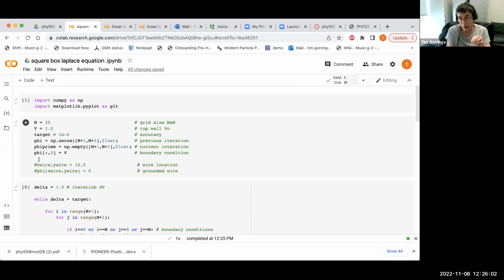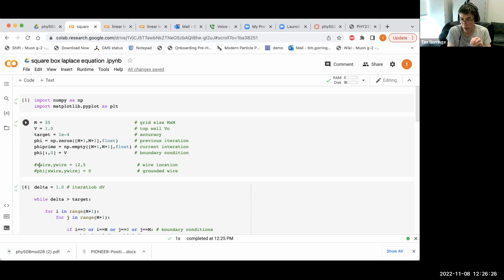That would be a very hard problem. That would be an impossible problem by separation of variables, by method of images. That's only possible by solving this type of problem numerically. So all I've got to do is add a few lines of code to do that. I've got to add a line or two of code to specify where my conducting wire is and the potential